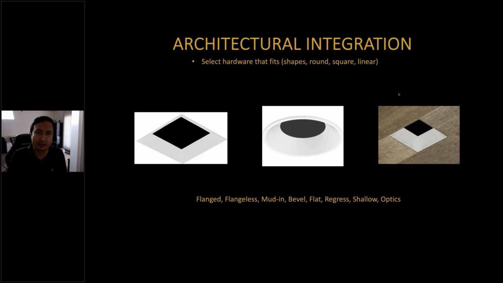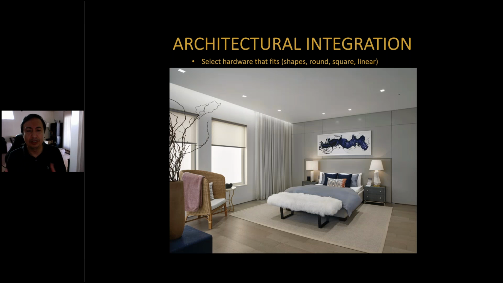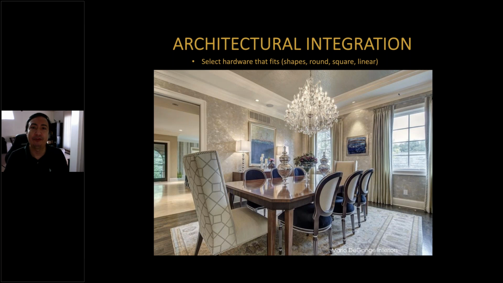But selecting hardware that fits, right? Then the other thing that we want to think about is, what is the decor? So for instance, if you have something that's along the lines of more modern or minimalist, well, then square might be a better option, because minimalist modern design tends to be a little bit cleaner with more straight lines and some cleaner transitions from one room to the other. So square sort of lends itself to that. If it's a little more traditional, you may want to consider round fixtures where there's more texture, where the decor is a little bit heavier. You may want to even